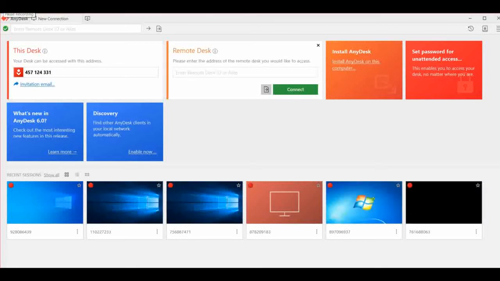This means AnyDesk is running on your system, but it is not installed. You need to install AnyDesk and set the password. Then you can access from another system without the help of a third person. This is our ID, the unique ID which we got. Even in this scenario you can access, but it is better to install it and set the password. You won't get any problem accessing from another system.